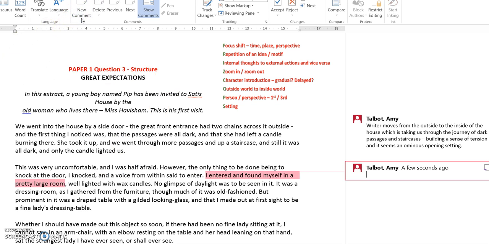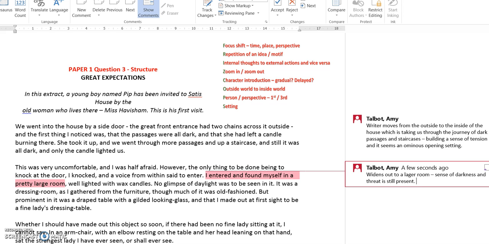So the writer widens out to a larger room, but that sense of darkness and threat is still present. For us as readers, we're still being carried along with this idea of it being